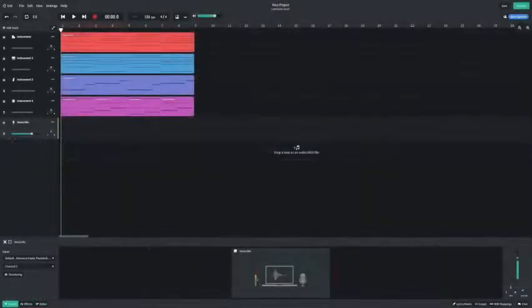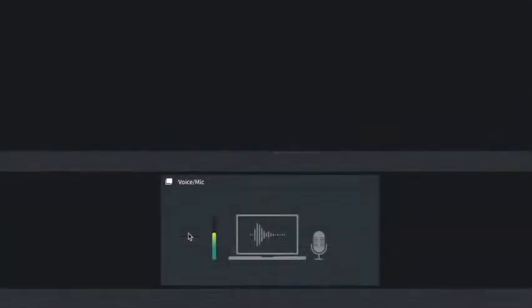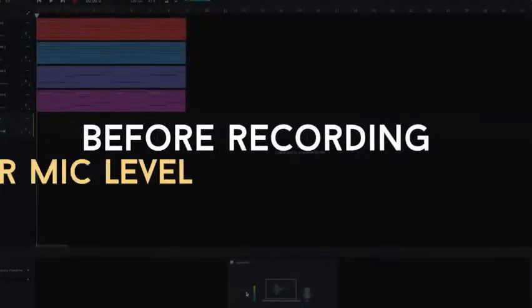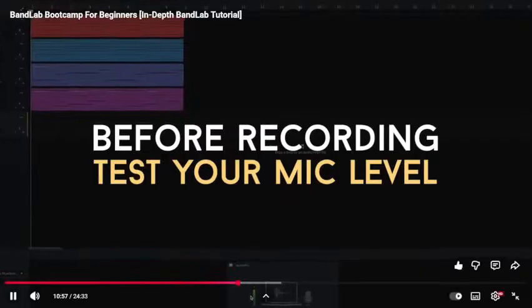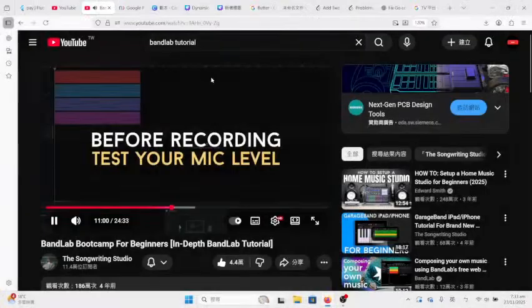Next, let's look over here at this line that's jumping up and down. As we record our voice or any other source with the microphone, we want this bar to hit somewhere between the green and the yellow. We don't want it to go into the red because that means that it's clipping and it will actually distort the audio and sound really grindy and weird. We also want to make sure that our source isn't really low down here in the bottom, because then you're going to pick up a lot of background noise from your room. So before you start recording with your microphone, go ahead and do some tests and make sure that you're hitting about halfway to 2/3 of the way